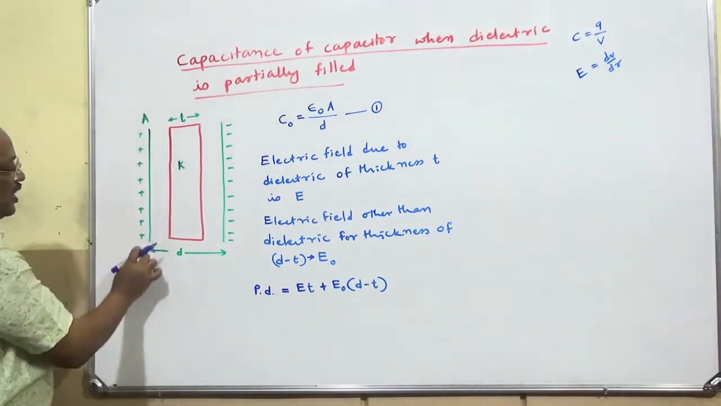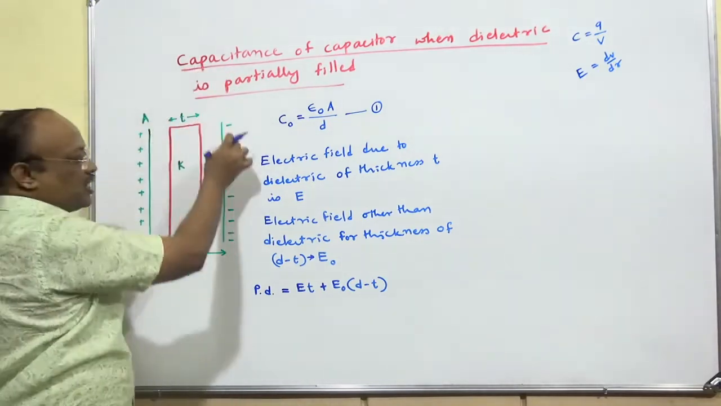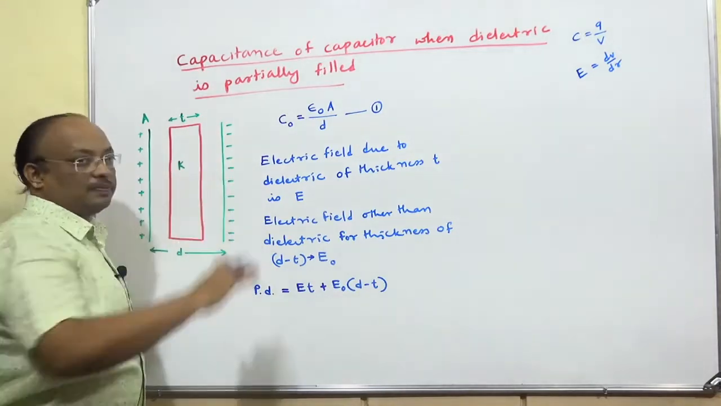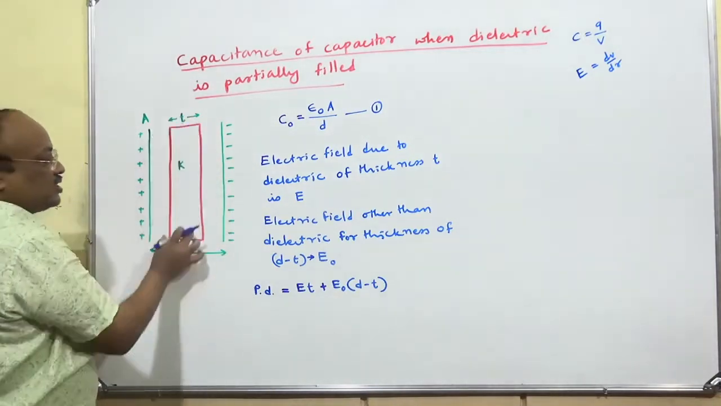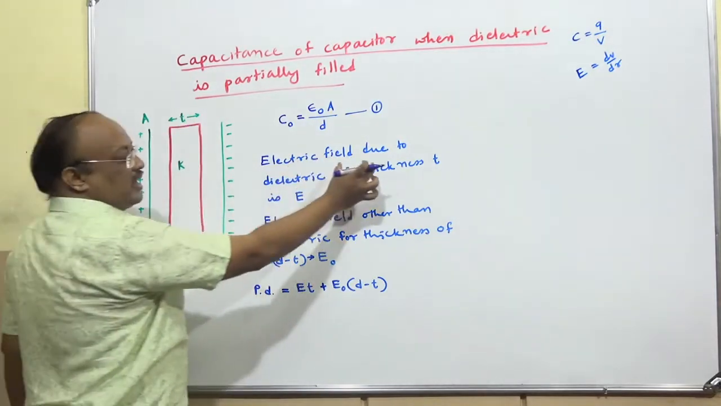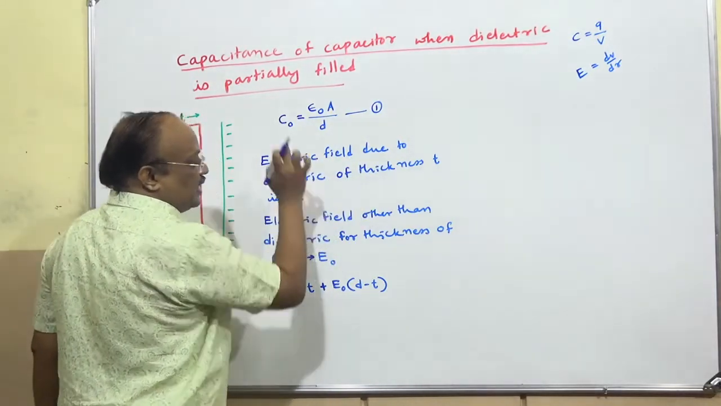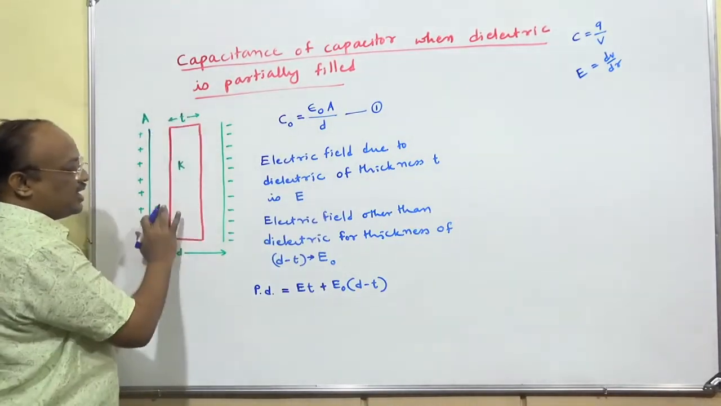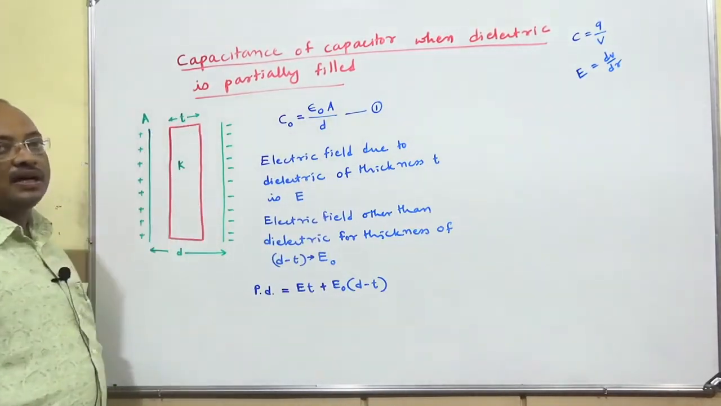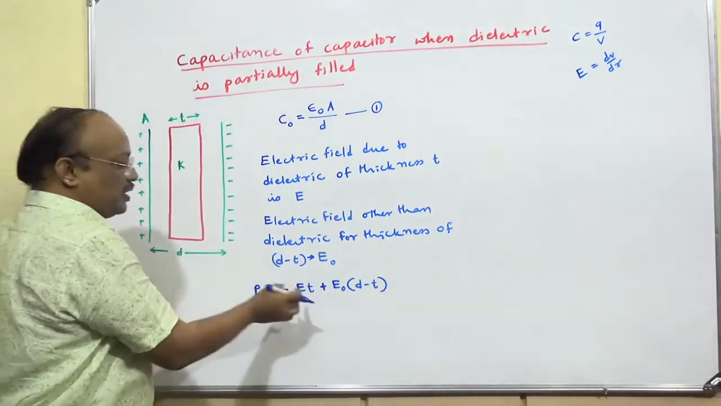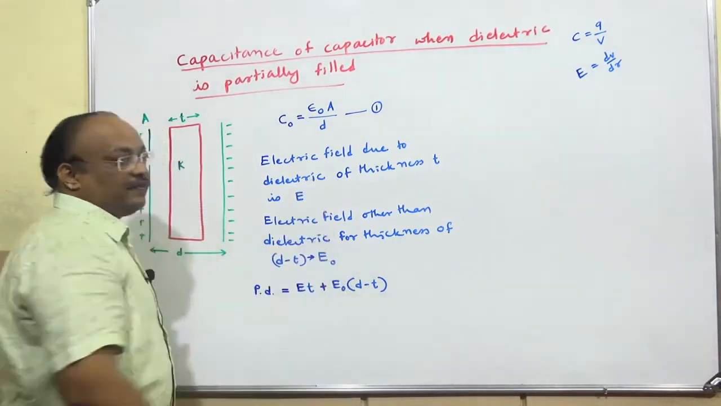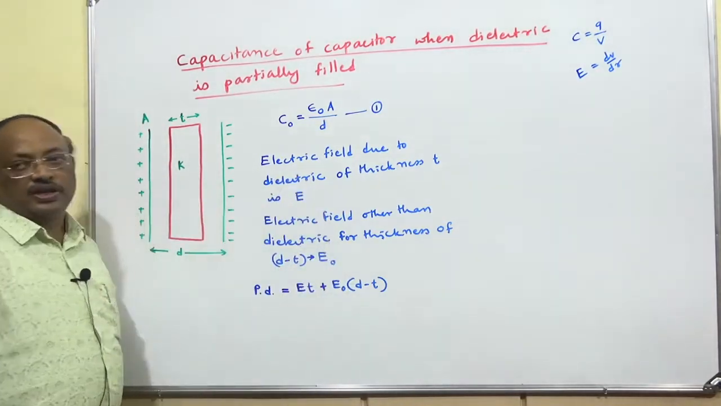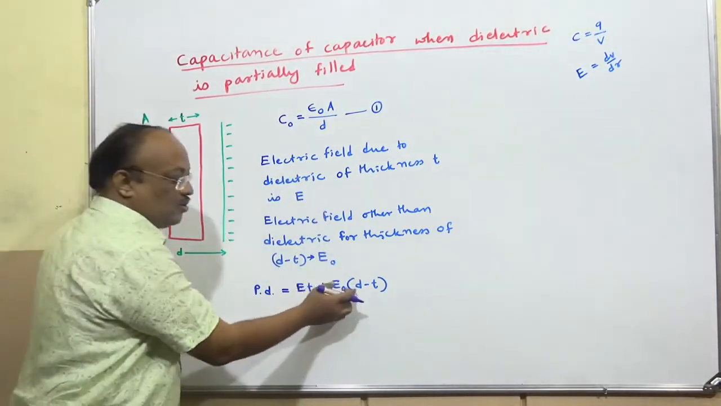Positive charges will induce this side, negative charges will induce this side. An electric field will develop. Within the dielectric, what is the electric field developed? It is E. In the space other than this dielectric, what is the electric field developed? Taking it as initially, it is E naught, so E naught into D minus